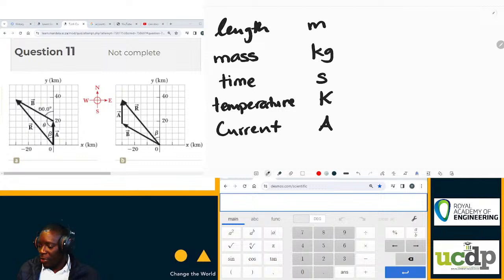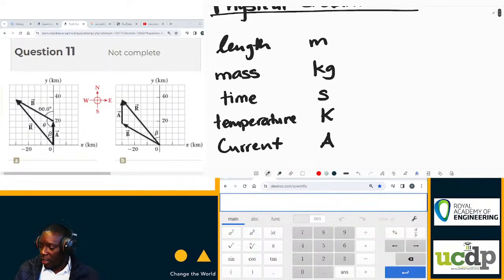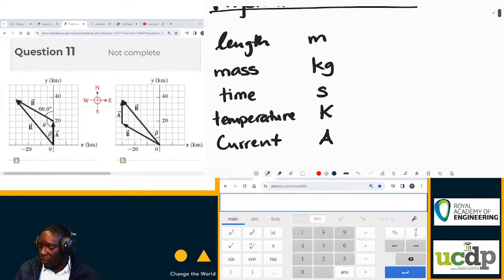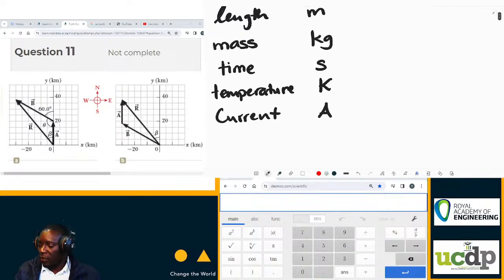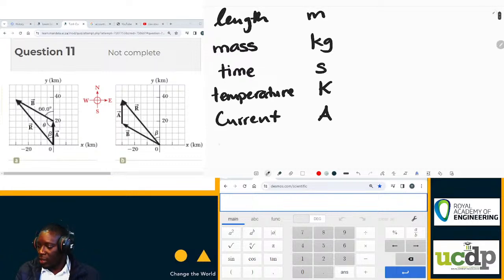Am I missing an important one? Is there any other unit that you can think of? Mass and length and time, temperature, current. We have luminous intensity and the amount of substance. So those are the other two that make the 7 basic or fundamental quantities. The rest are derived quantities, the likes of acceleration,